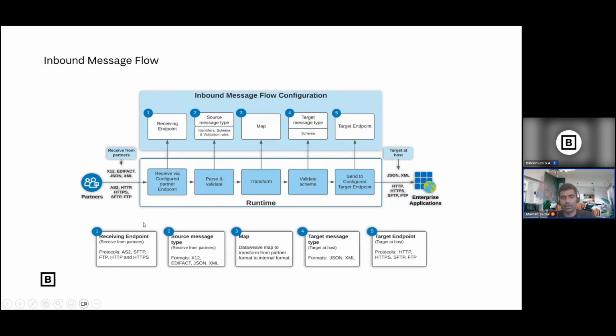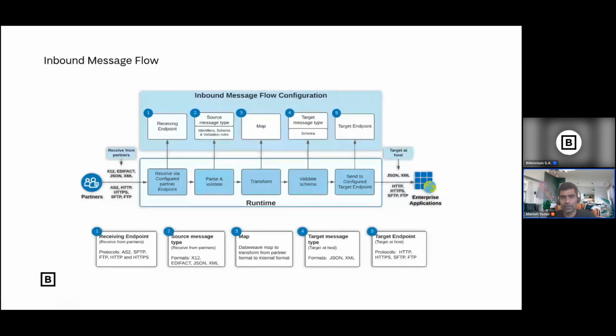This is how the process of five steps is done internally by the Partner Manager: receive the order over the protocol, validate and convert it using the map, validate the conversion against our schema, and then call the endpoint. So this is how the inbound flow looks like.